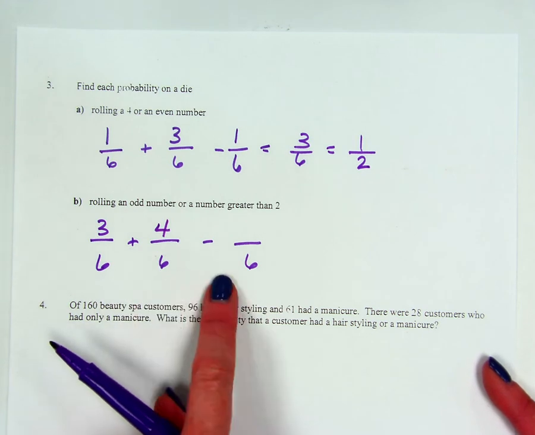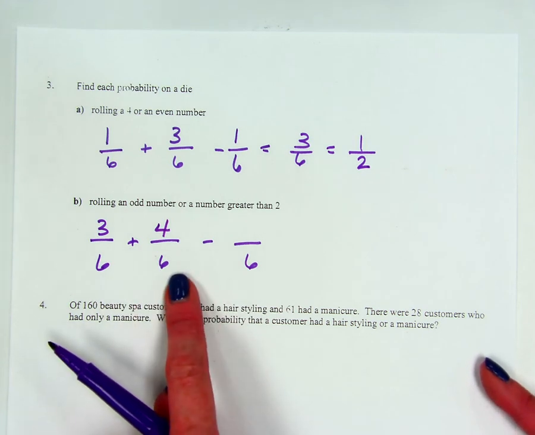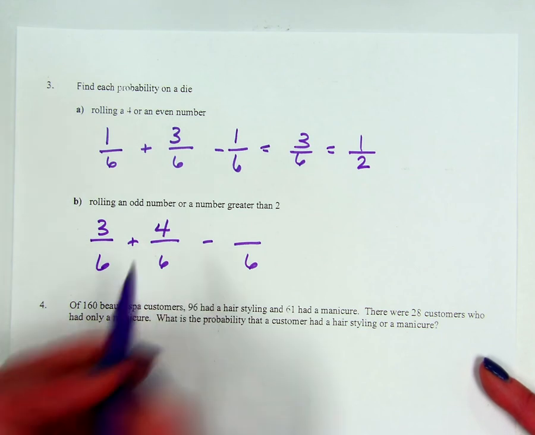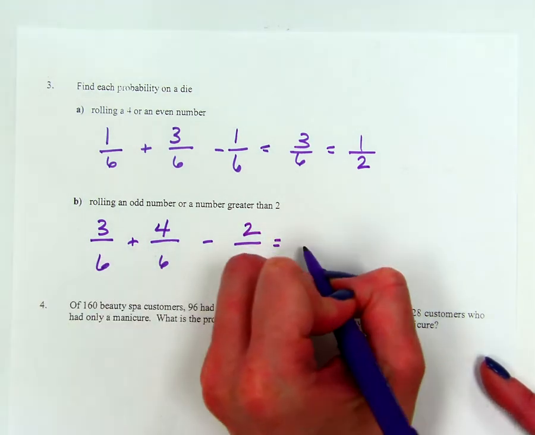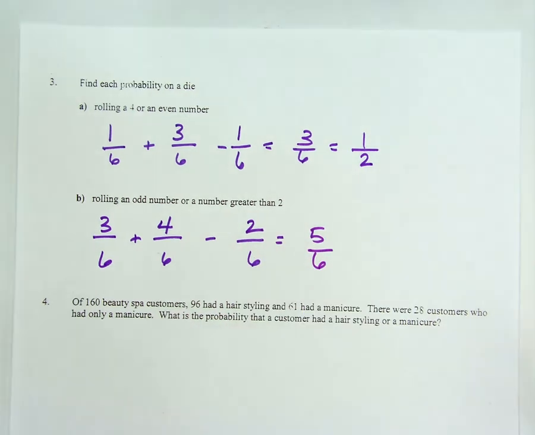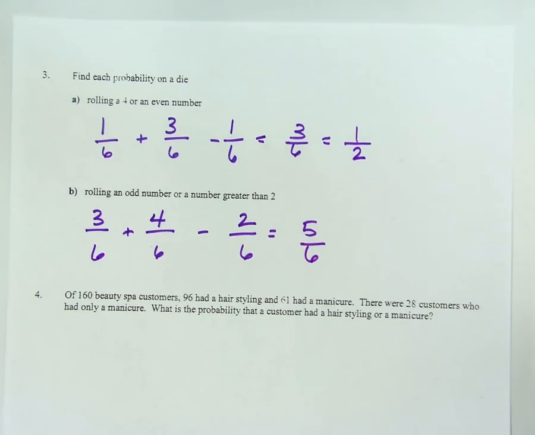So an odd number that's greater than 2. So that would be 3 and 5. So that gives us 2 options. So when we combine all of those together, we end up with 5/6. And then the very last one that we have here,